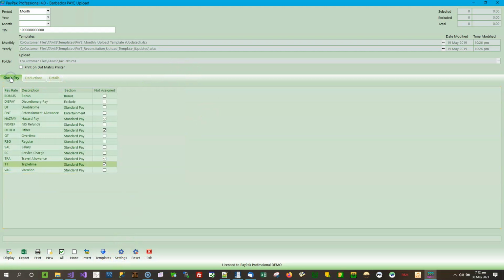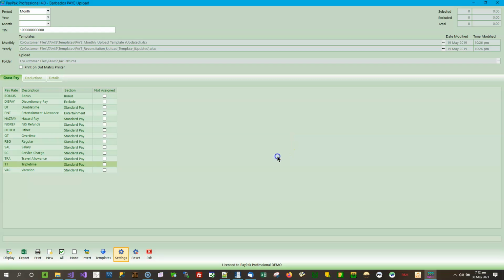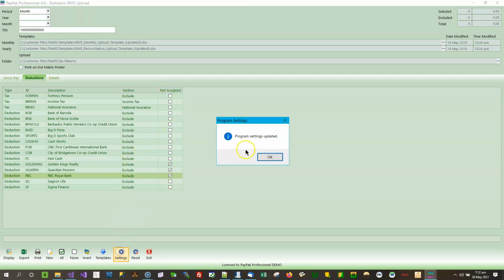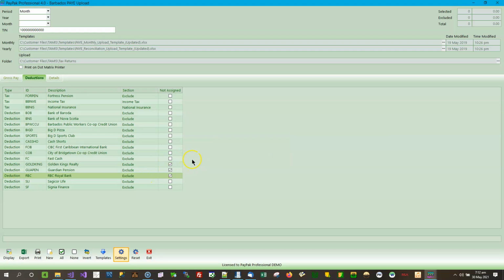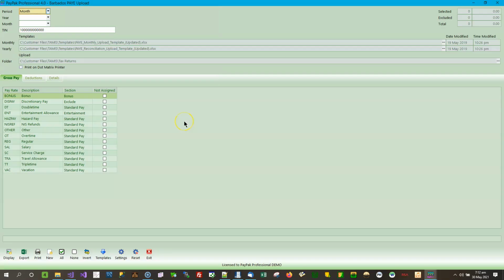And to fix that prompt, all you need to do is click on the settings button, which I'll do now. And it says program settings updated, and you'll notice that the not assigned checkboxes are gone from the gross pay, and they're still there for the deductions, but they would be assigned. Still, we have to fix that. That's a little glitch, which we will fix so that it's clear. Now let's exit, enter again, and like I said,